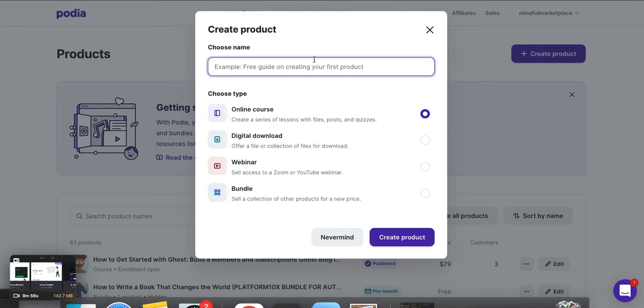So as you can see here, when you go to the create a product prompt, you have four choices: online course, digital download, webinar, or a bundle, right? And you have to name the course. Now, I've actually never used this here. I've never actually done a webinar, but I've certainly done a ton of these, right? Online courses, digital downloads, and bundles. I think we have something like maybe 70 courses altogether for sale on Podia between myself and one of my partners. So I'm going to actually call this one